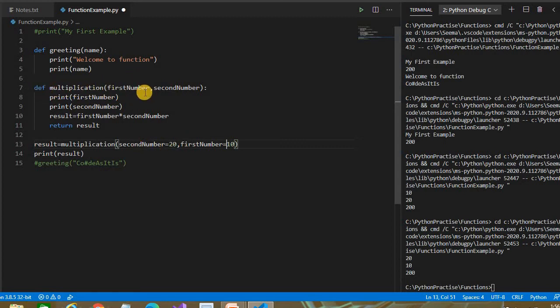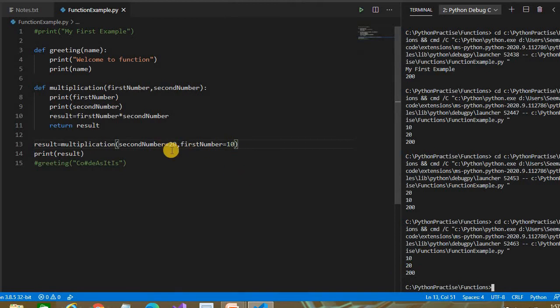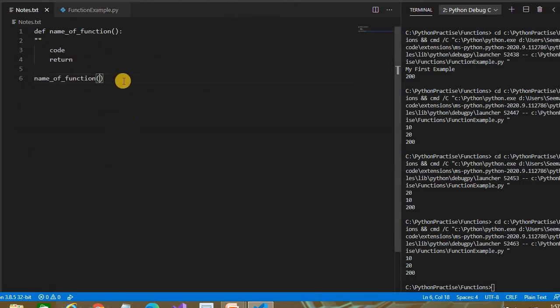So if your function definition takes two parameters, first number and second number, and while calling you pass the arguments without key, then you have to pass them in the same order. But if you are using the key, you can write in any order. The order doesn't matter. If you run this, it will give 10, 20 and 200. See here, this is another way to pass the parameters. These functions are user defined because we have created them, and whatever print or len, these are system defined.